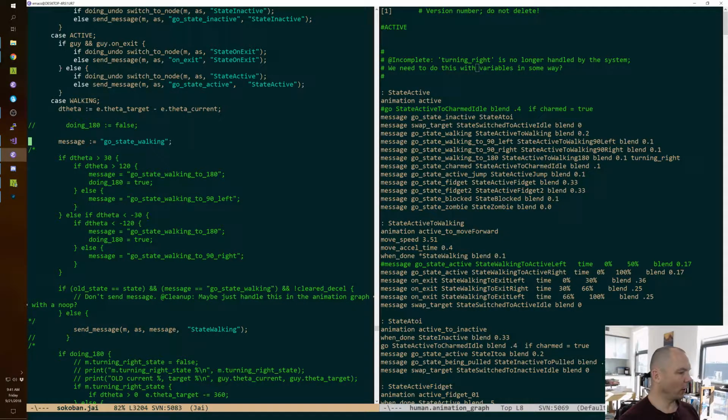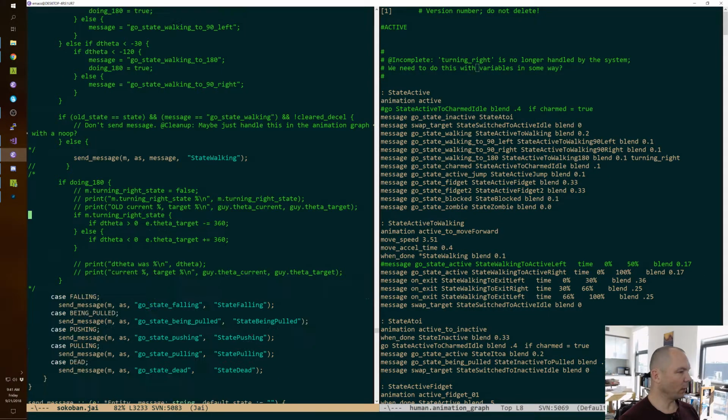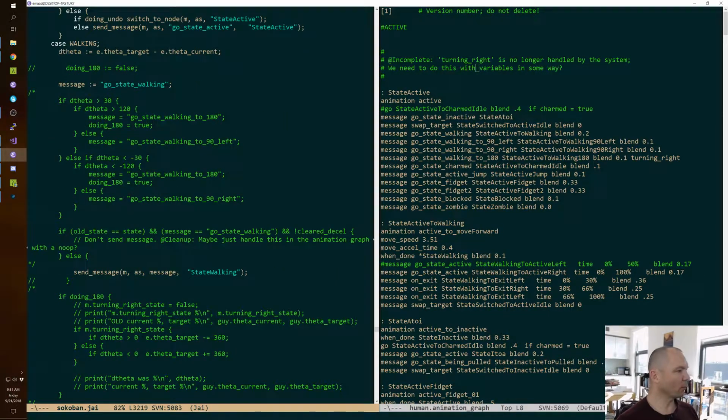So all of this gets much simplified, which is actually what you want out of a core system. We'll delete these comments in a bit. We don't even need the d theta. We just send go state walking. So simple. That's what you want. You want your core to be simple and not weird. Okay, so